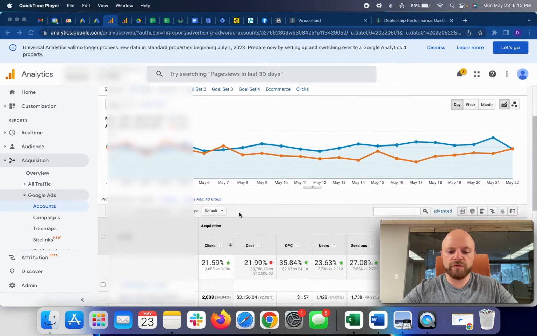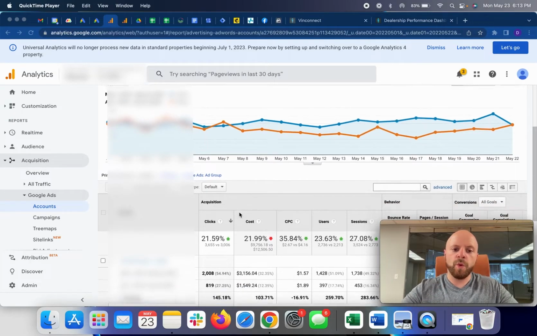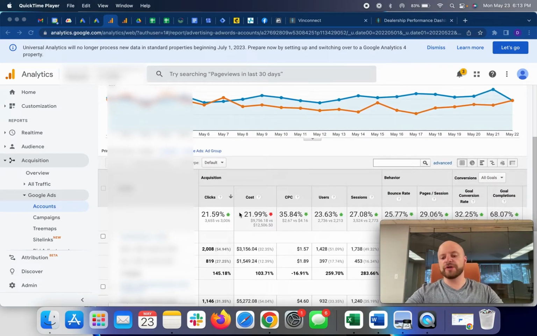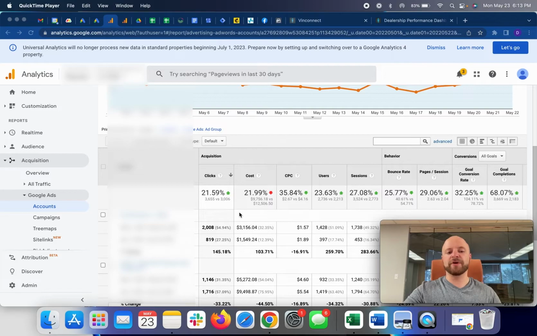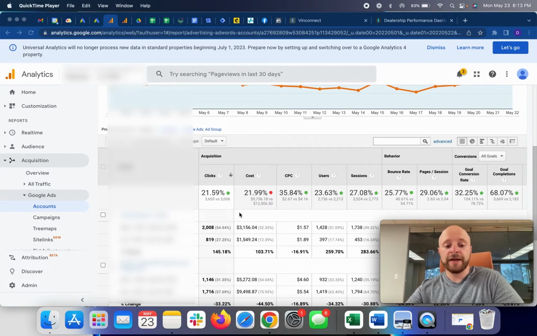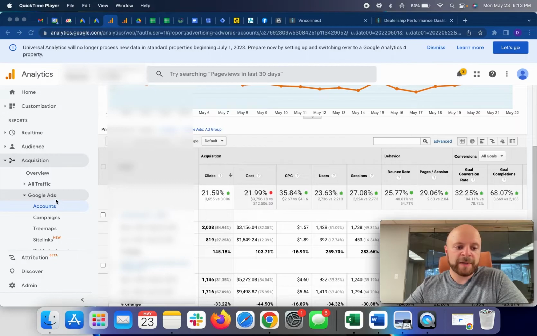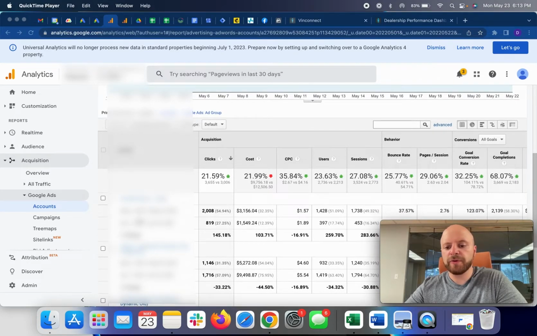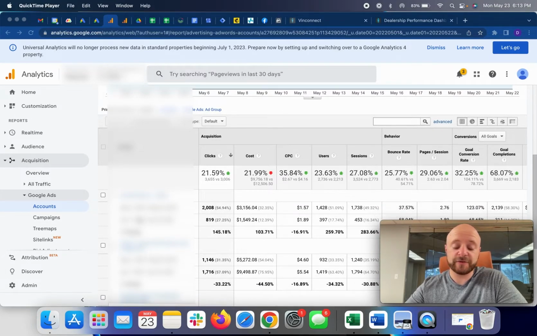I'm looking at just overall users first, because one piece of context to note here is that the client took away budget from paid search, right, and put it towards another medium because it made more sense at the time, or at least so we thought. Now, you'll notice too that I'm in Google Ads and accounts because there's multiple Google Ads accounts for this client.